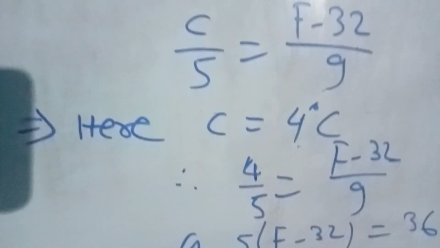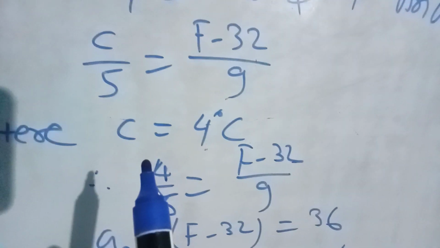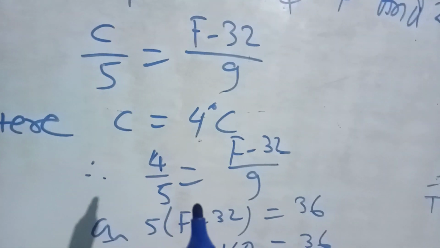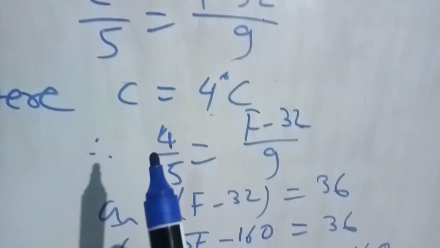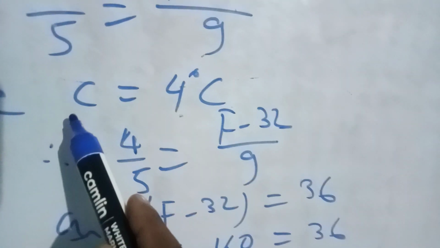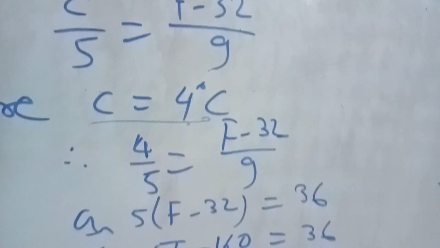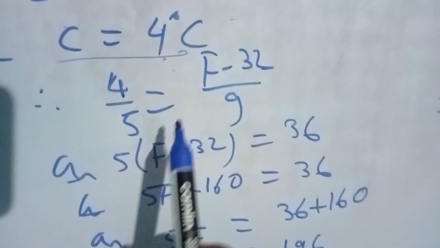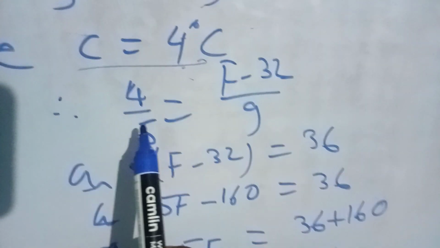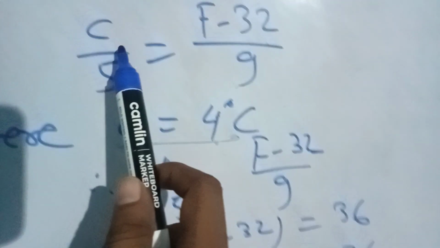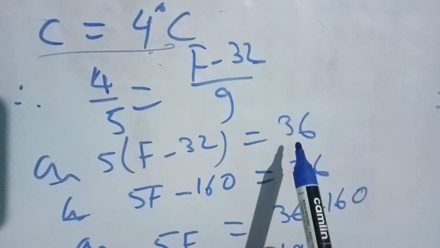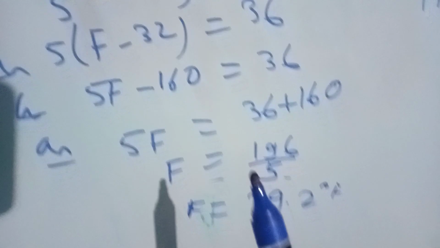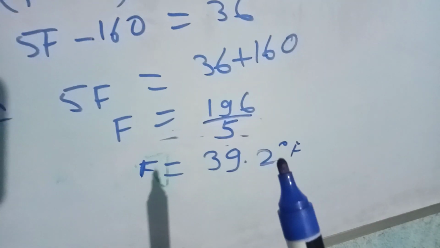Like that, here one question is given: the temperature at which the density of liquid is maximum. As you know, the density of liquid is maximum at 4 degree centigrade, but the answer is given in Fahrenheit. So that's why we are using this value, that is C equal to 4. By putting this value within this formula and calculating, look at this, we are getting F equal to 39.2 degree Fahrenheit.